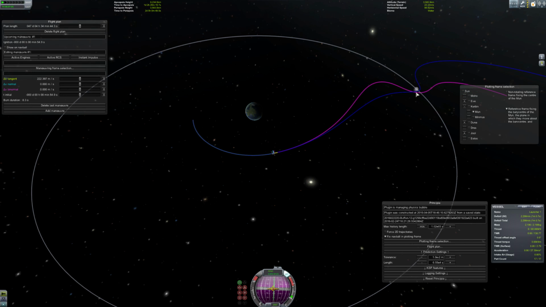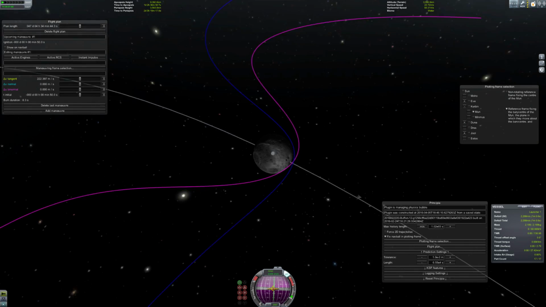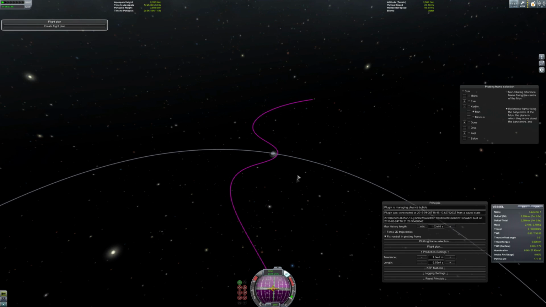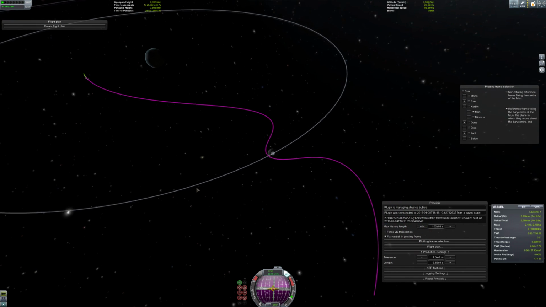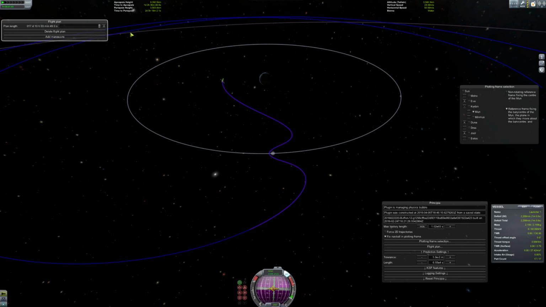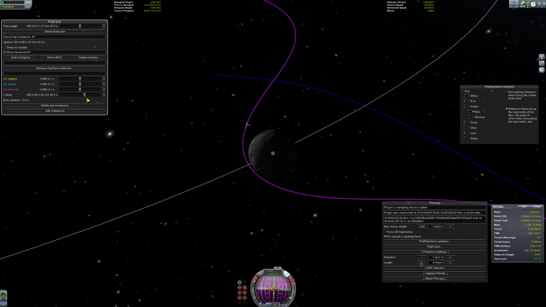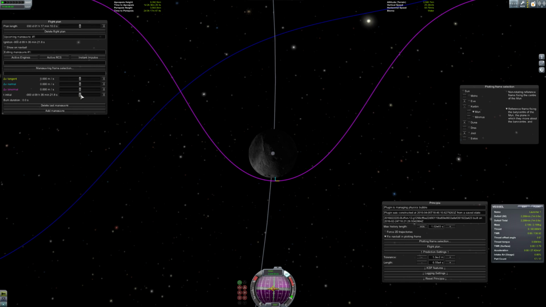Here we are coming closer. I actually missed my first burn because I was a bit lazy. This looks quite right. It's no problem when you don't match your planned flight plan perfectly. It's alright as long as you get the orbit that you want, and the orbit that I wanted was a close approach to the moon. It's like a slingshot maneuver. We're getting a lot of kinetic energy from the moon with this maneuver,